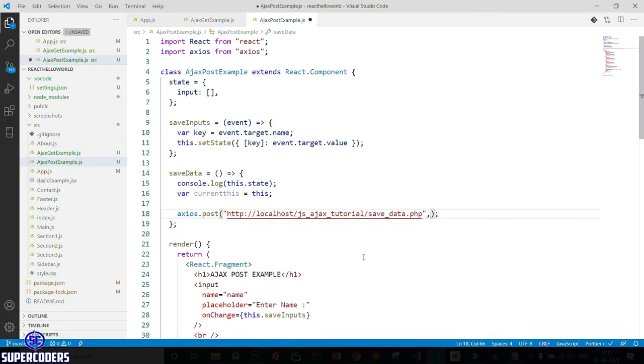So let's pass data. A square curly braces, then first is name.